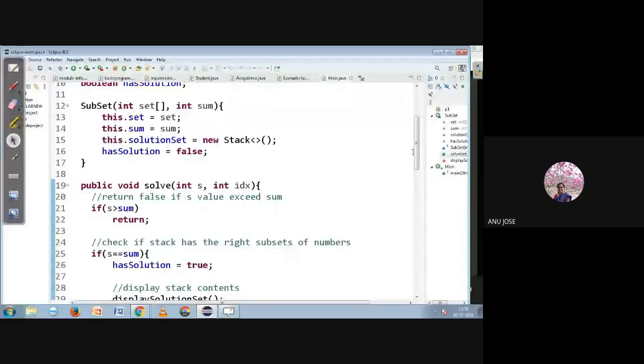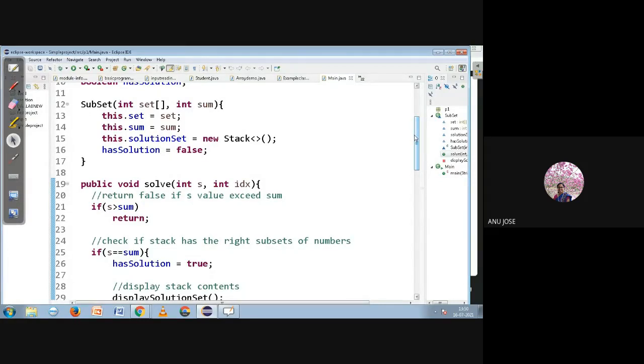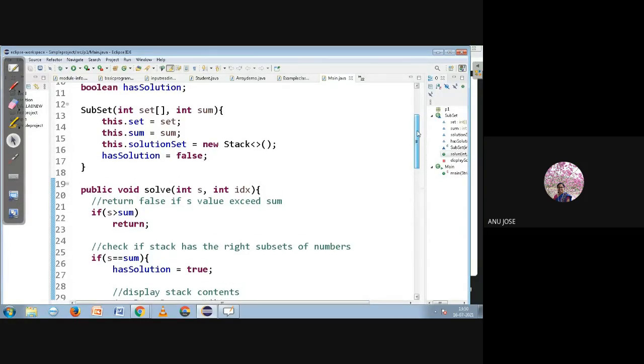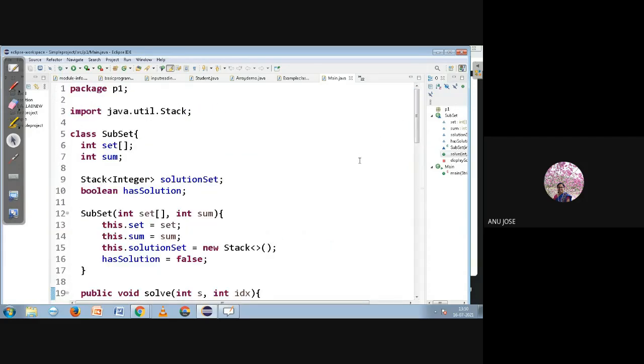So this is the code. Maybe most of you are not familiar with the strategy of stack, so we will see how the stack works and how you can use a stack by default.